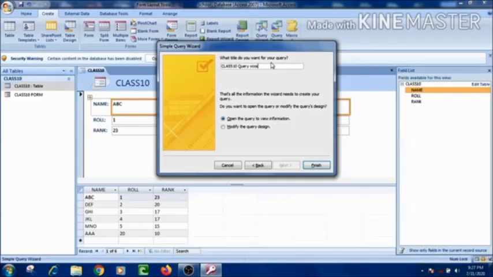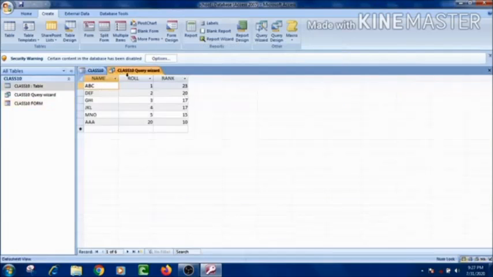Suppose that I am giving the name query wizard. Now suppose that the modify the query design option is activated, then simply activate the open the query to view the information option, then click on finish. Now it is going to display the query in wizard. This is the result of the query wizard.